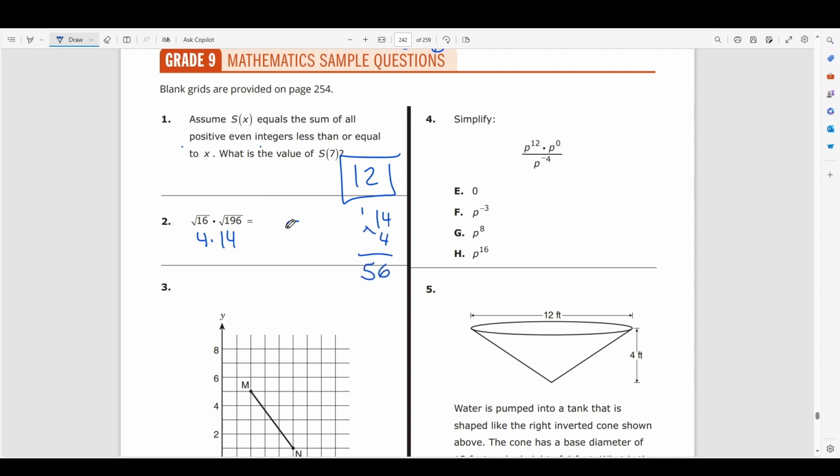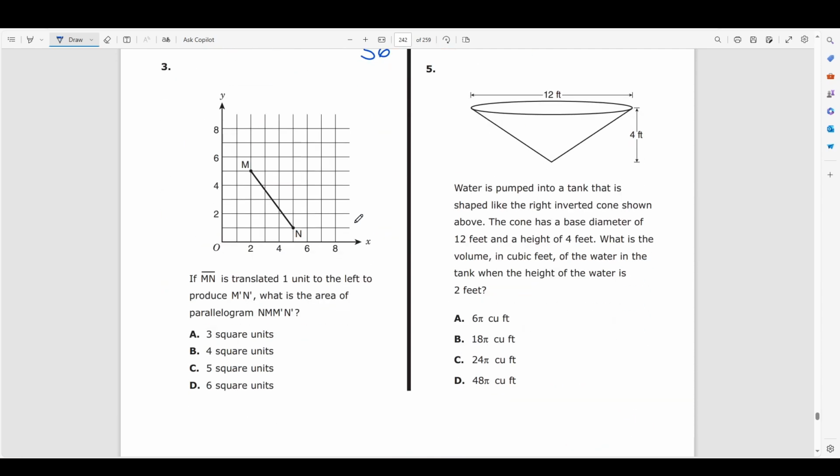And that's going to be 56. That's our answer. Number 3 says if line segment MN, whenever you see a flat hat on top of 2 letters, it means that it's a line segment. If MN is translated, whatever,